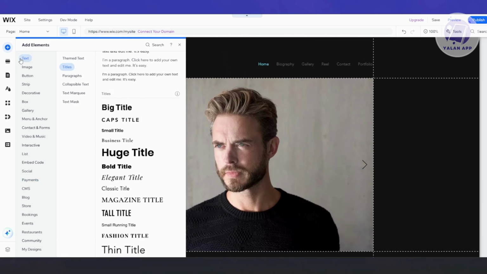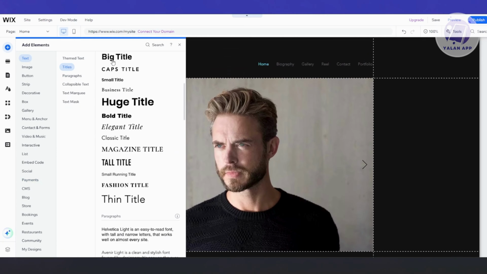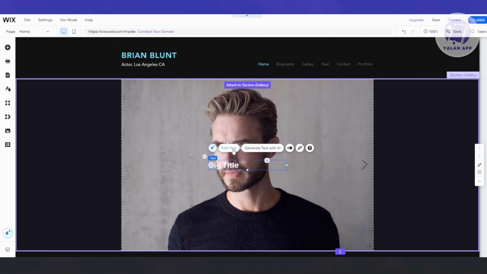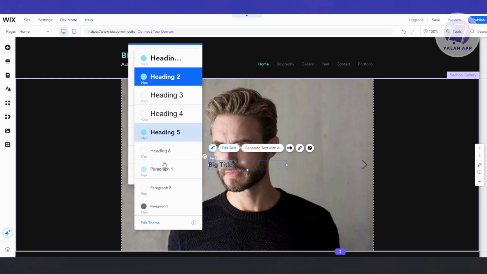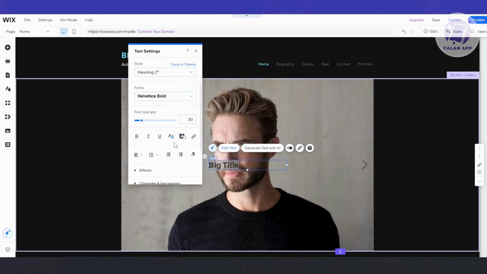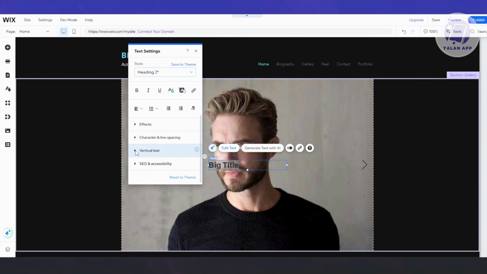And in this case, maybe you want to add a text. If you click on that text, as you can see, you have the option to start editing it in what way you want. You could also choose the heading for it. This is one of the ways of changing it. By default, because we all know that there are different tags that you could use for text here, you have heading 1, H2, H1. So in this case, this is a great way for you to change how big or the look is going to be. So yeah, if you want to basically view things like the effects, character spacing, vertical text